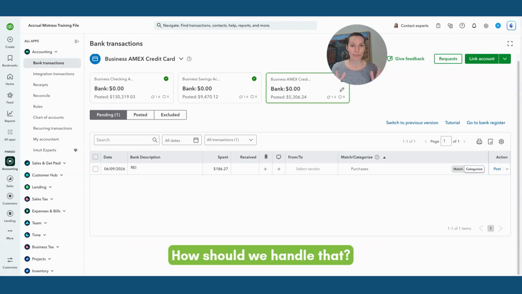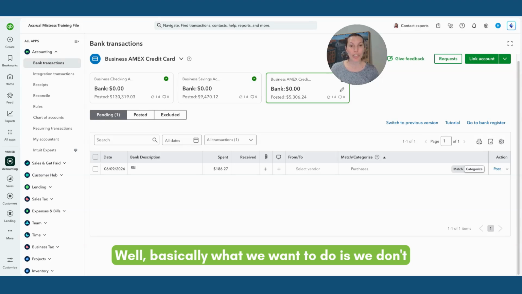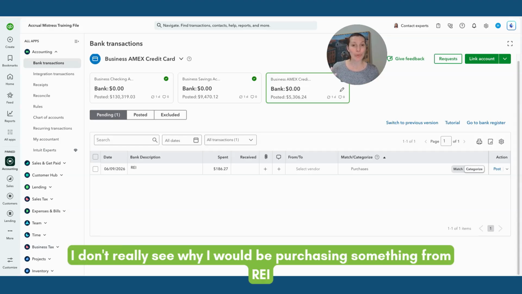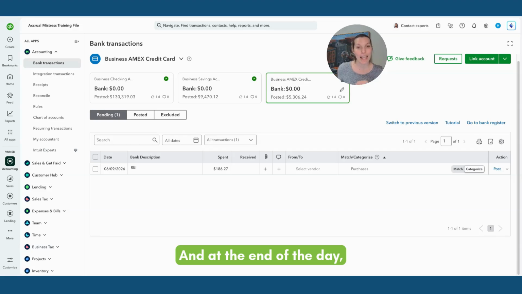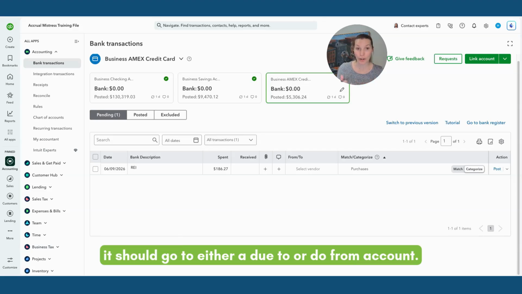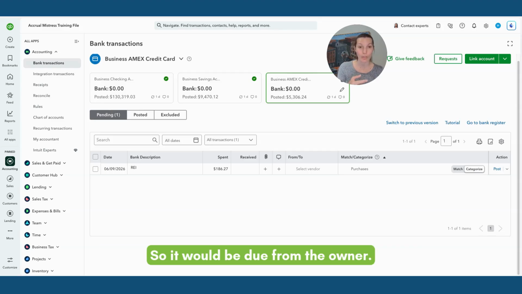How should we handle that? Well, basically what we want to do is we don't want to record this as an expense to our business, because I've got to be honest, as a bookkeeper, I don't really see why I would be purchasing something from REI for my business or for my company, okay? So I have to then look at what that should go to. And at the end of the day, it should go to either a due to or due from account. So it would be due from the owner. So in theory, I could reimburse this